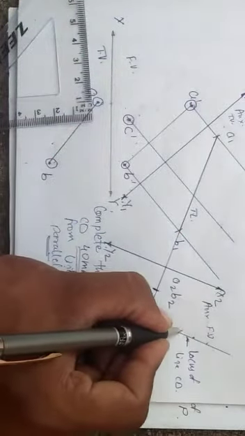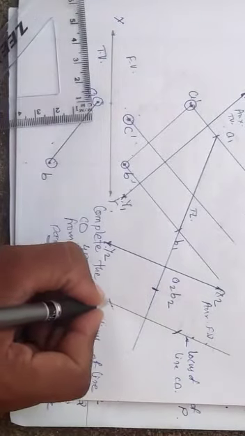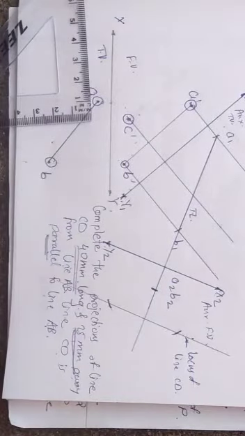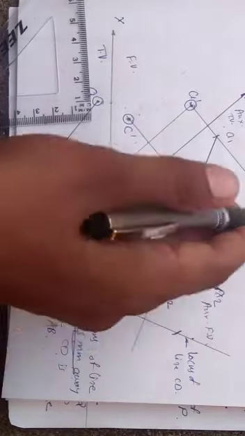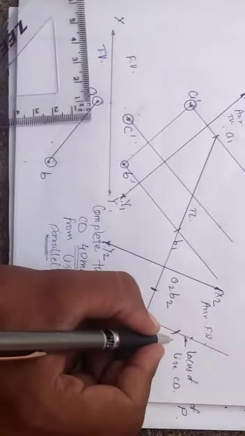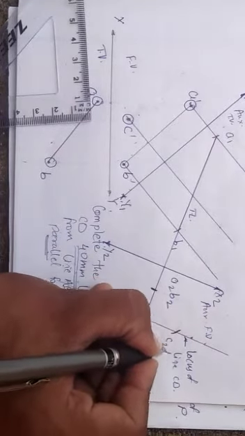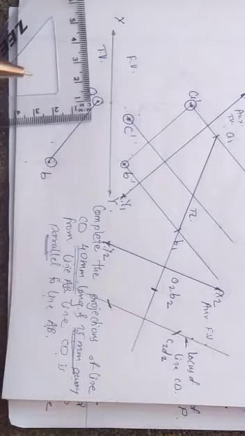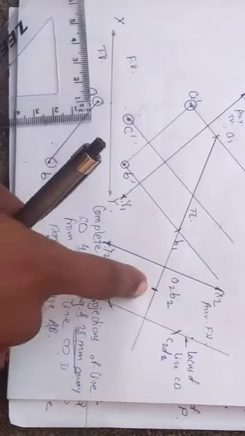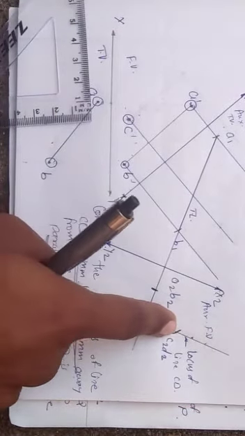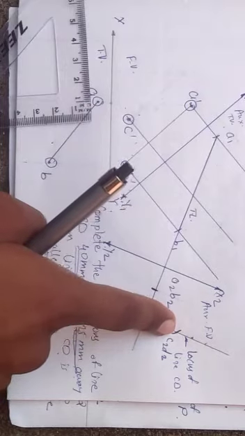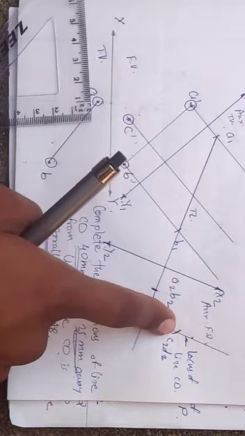We can mark the arc on two sides. So we can mark the arc here and also here. Anywhere you can number the point CD. So as per the space availability, I will number C2, D2 here in this position. So this is the point view of AB and this is the point view of line CD. Why CD is being a point view here, we have seen in the previous lecture.